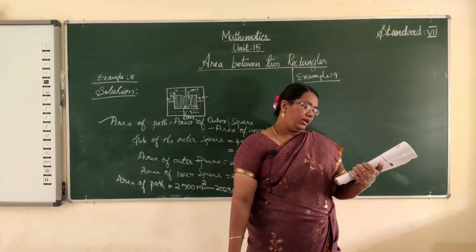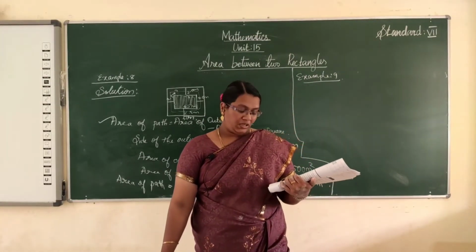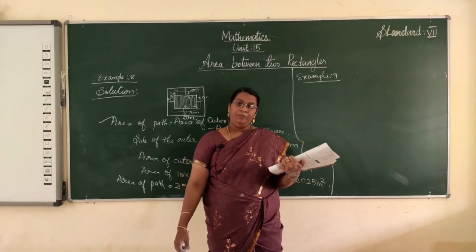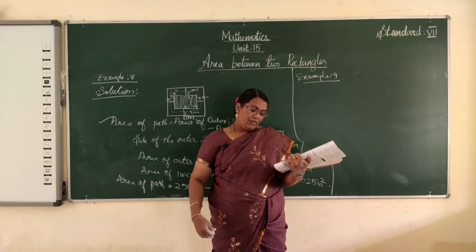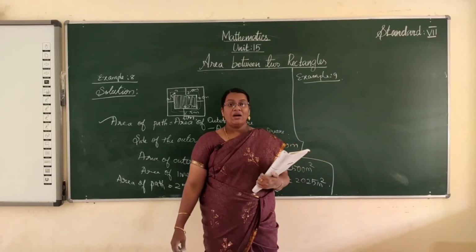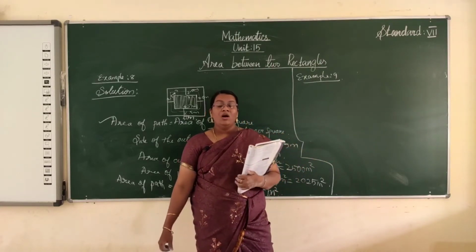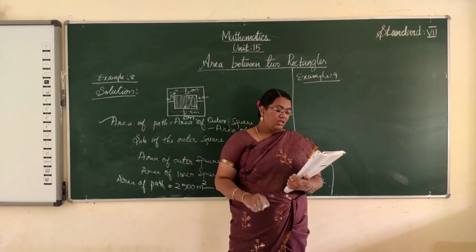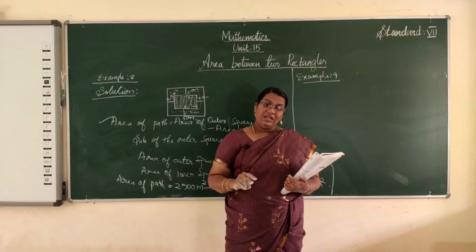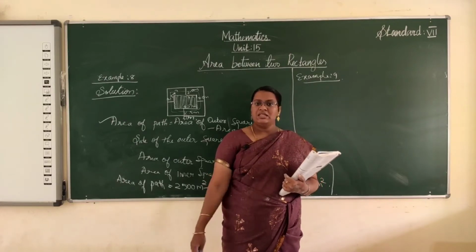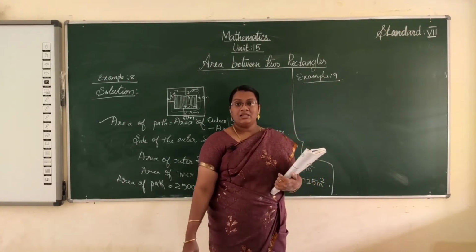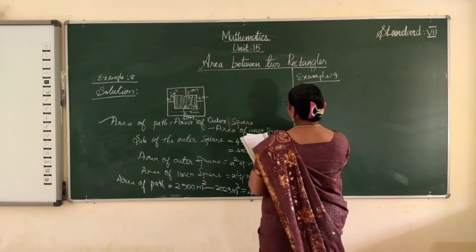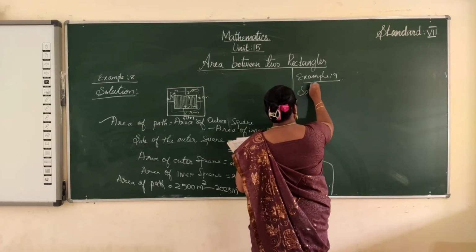Okay, so there is a road, and that road is parallel to the length, and similarly parallel to the breadth also. So we have used the second type of formula. What is that formula? L into x plus b into x minus x into x square unit. That formula we have used in this problem.